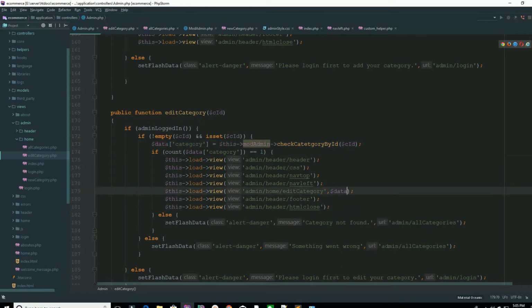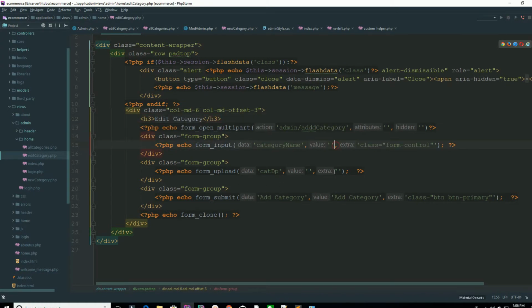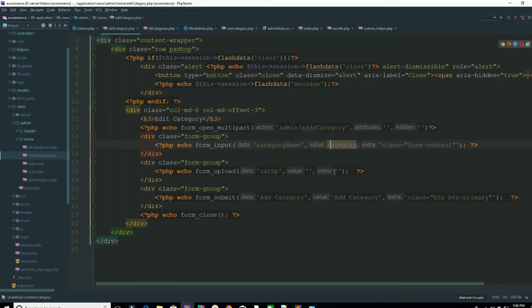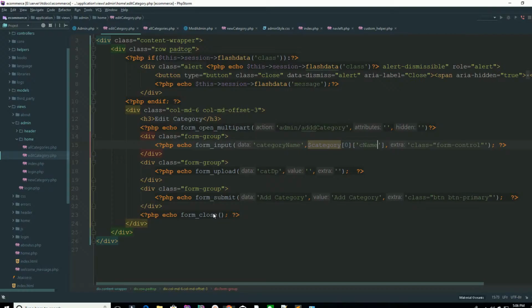So how can you send? Okay, so go to your edit category.php file which we have just created, and now I'm saying the value is, because we are going to edit this one. Okay, so you have edited, but what about pictures? You have to show the activated pictures. So how can you do that? This is the column 6. I'm saying this column 6 is in the rows